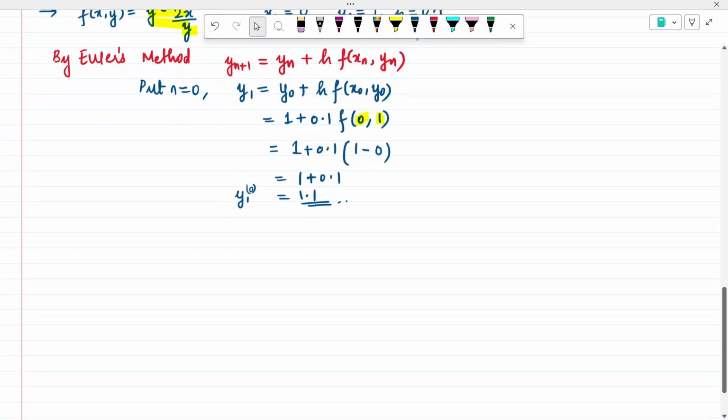To improvise the value, we will be using Euler's modified method. Okay? And we'll keep improvising till all the 4 decimals become equal. So let's see how to start with the Euler's modified method. So let's apply the formula. I'll write down the formula first. By Euler's modified method,